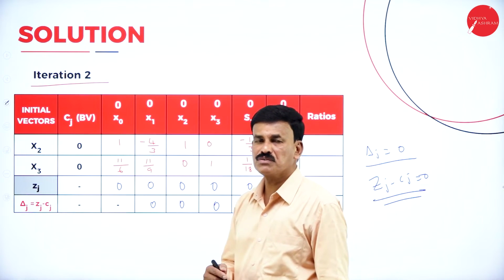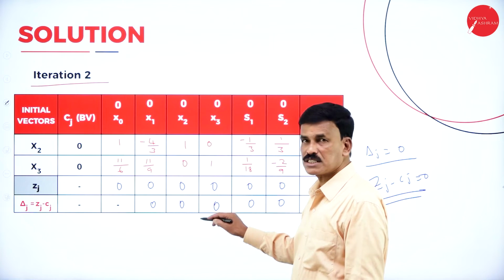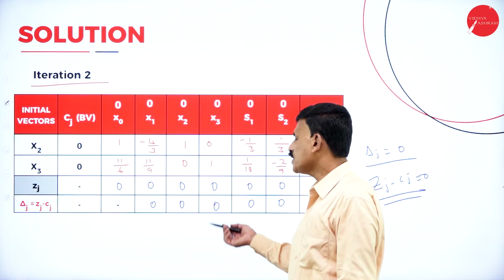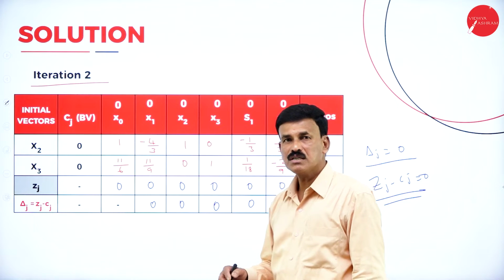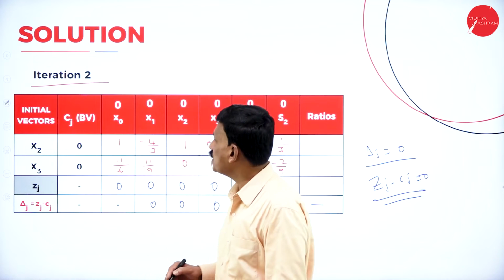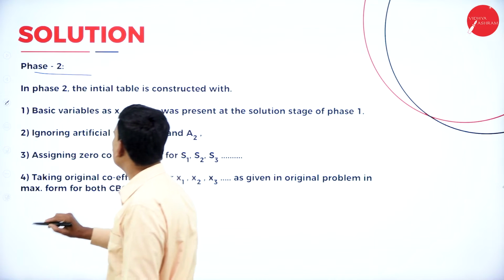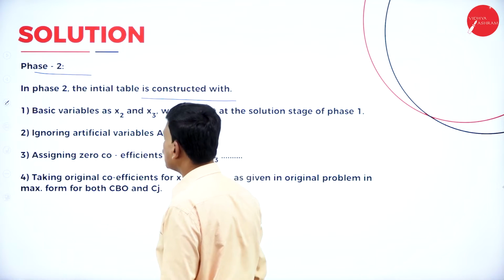Now we can proceed with phase 2. From this table, the solution stage is reached, so we will go for phase 2. Now, in phase 2, this is very important. Come to phase 2. In phase 2, the initial table is constructed with